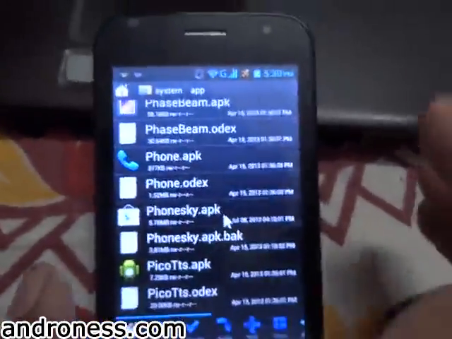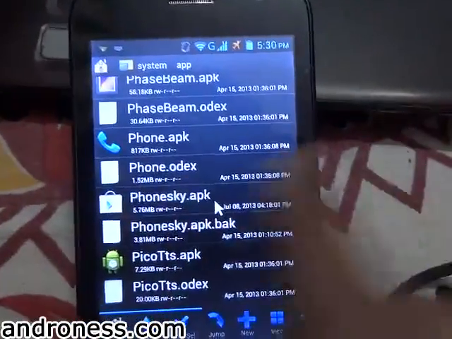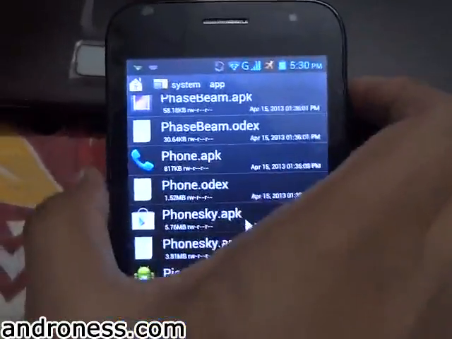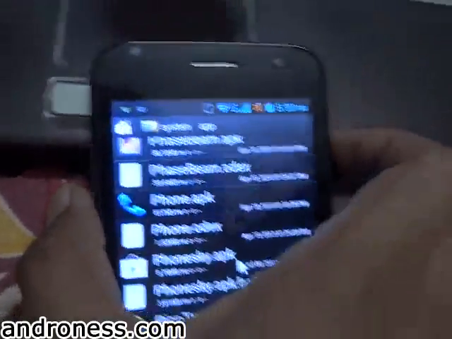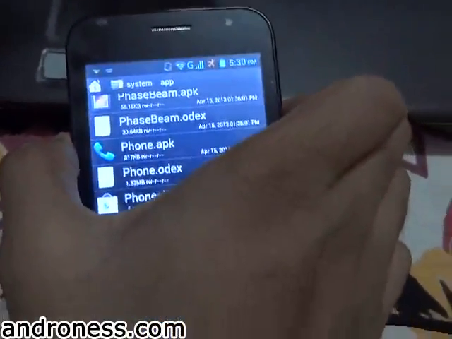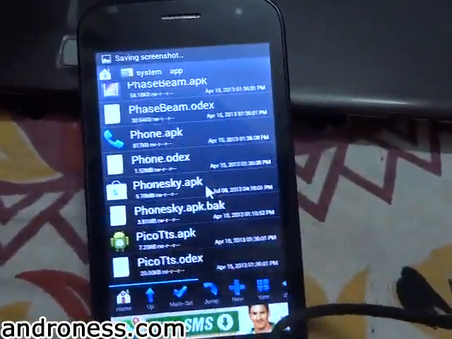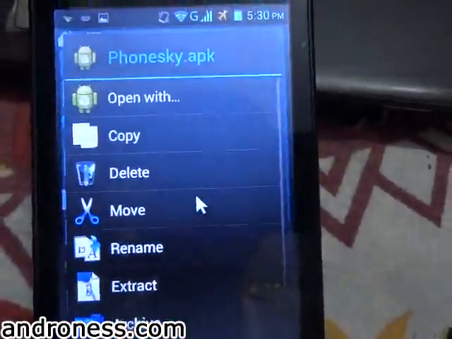Before backing up, I would like to take a screenshot of this, so that in case you forget the name and the permissions, you can see them there. To take a screenshot, press the volume down button and the lock key simultaneously for some time, and it has captured my screenshot. Now I can safely rename it,